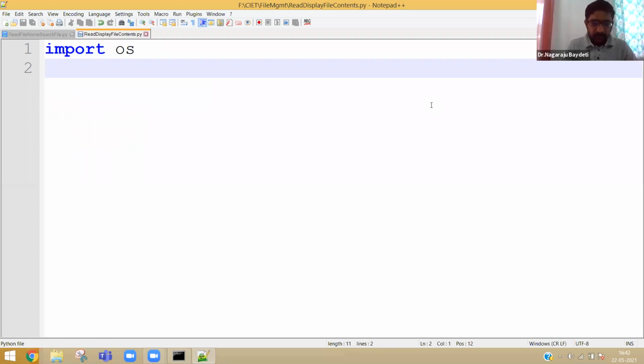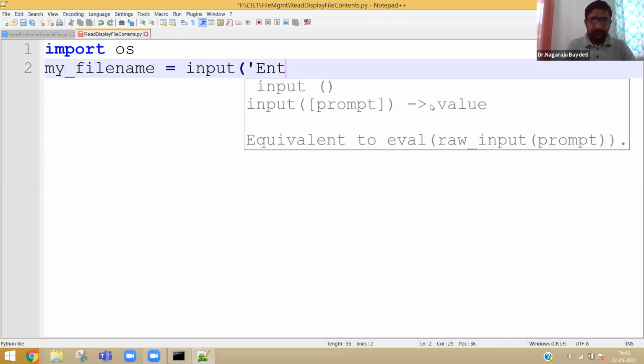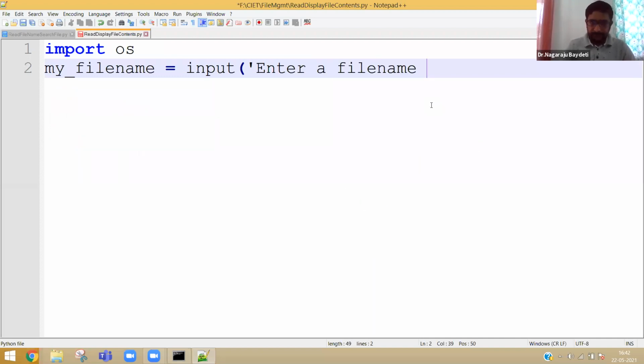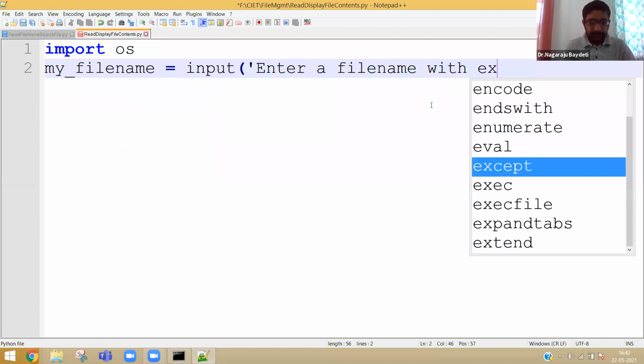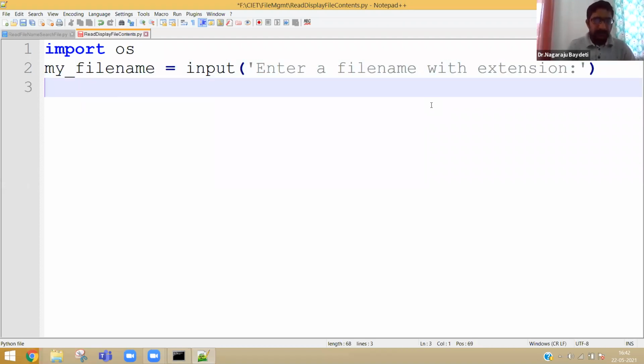Then my file name is equal to input, enter a file name with extension, obviously.